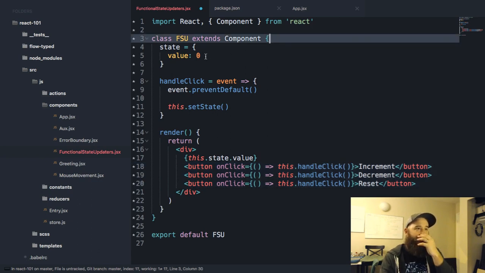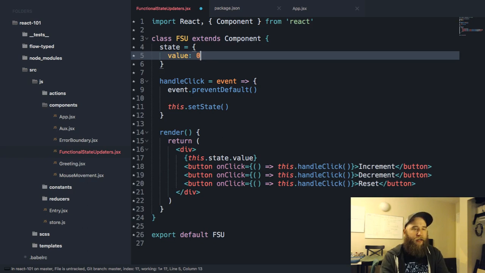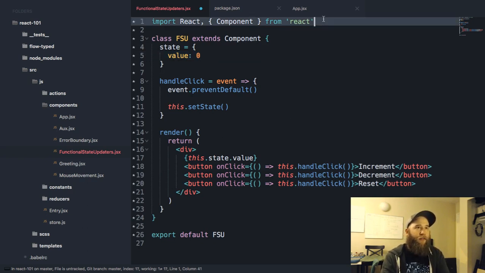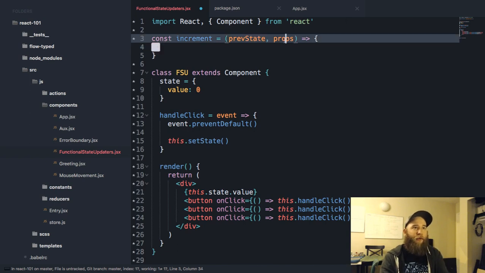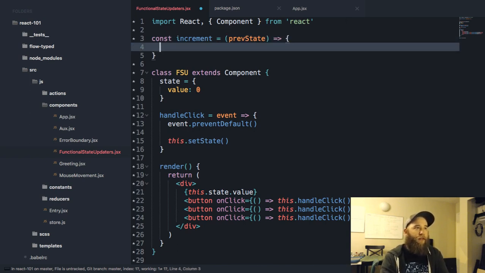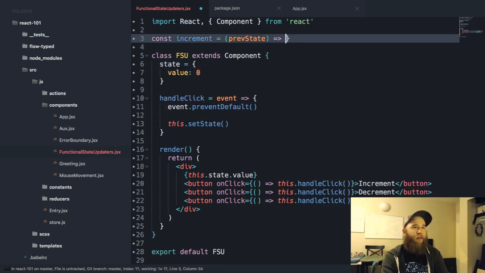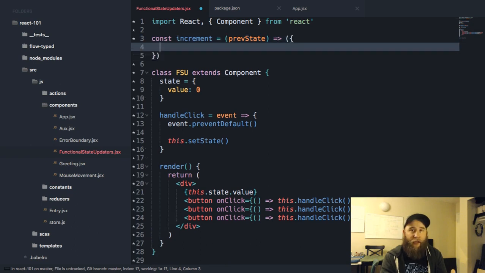I'm gonna try some. So let's do that. We kind of saw that last week, but we're gonna make these functions with those signatures. It was previous state and props. And we don't actually need props with this one, for instance. We will simply return, in fact, since we're doing an object, we can implicitly return it.